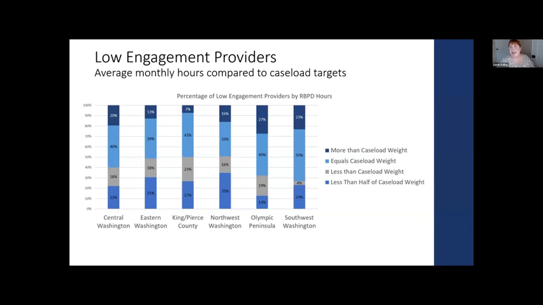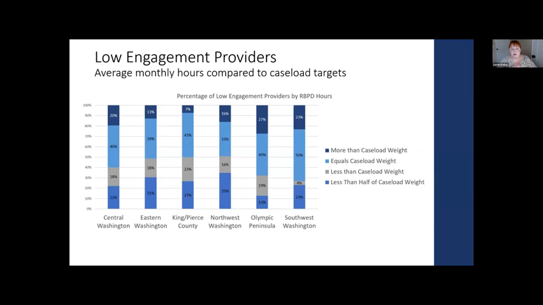I would guess that those providers probably make sense to put in the resource email only, because I did get feedback from some coaches that when they specify someone as low, that person might have said, I don't want to receive individualized services, but I do like to receive your emails and your resources or updates. And a fair amount of providers in here did get equal to the caseload weight.